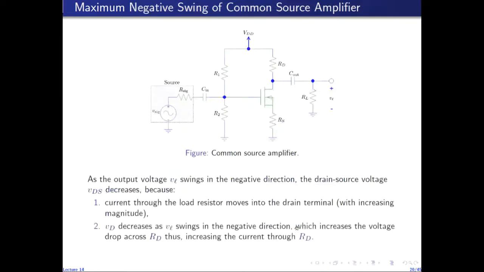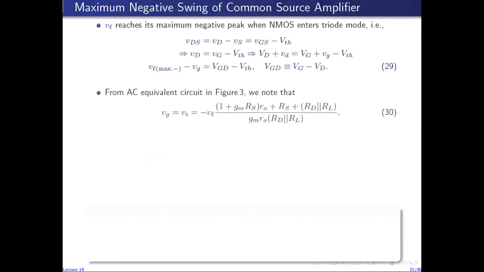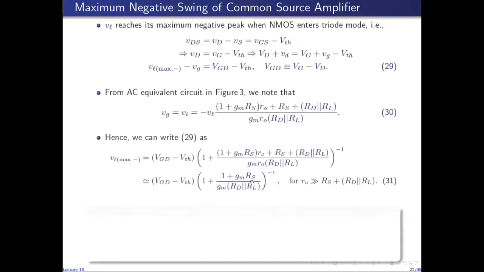However, maximum negative swing is given by this expression. This RS is actually the RS in the AC equivalent circuit. So if you replace this RS with RS1, you'll get the corresponding expression for maximum negative swing for the partially bypassed